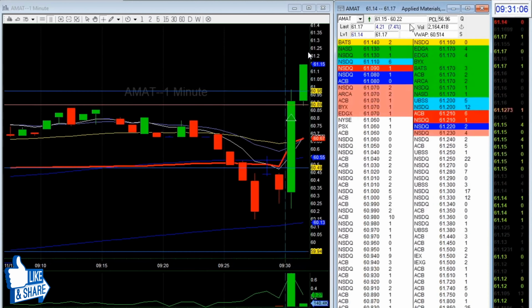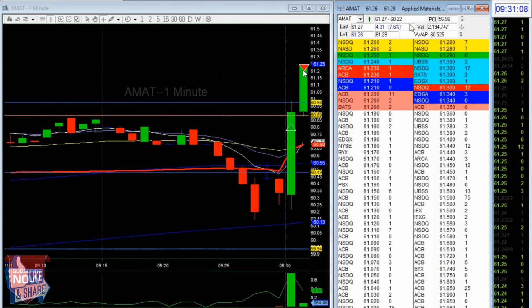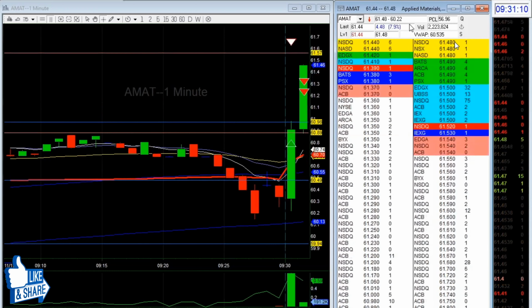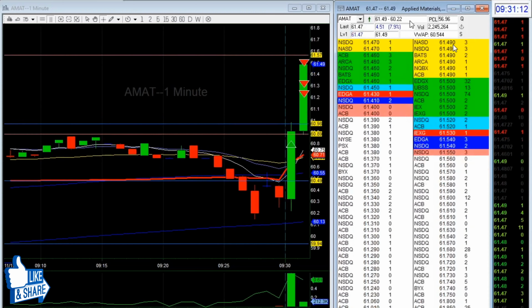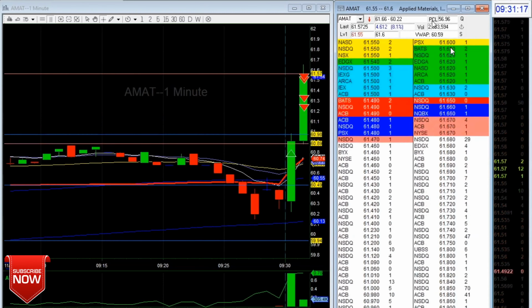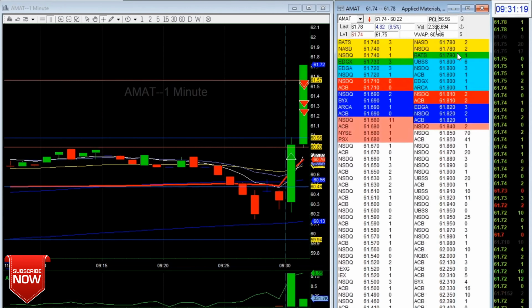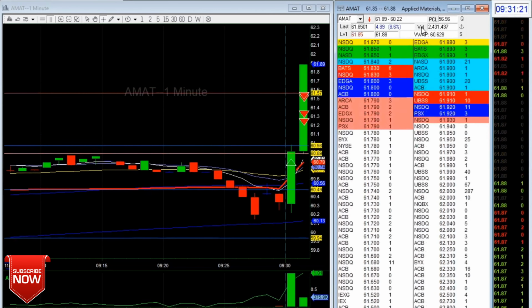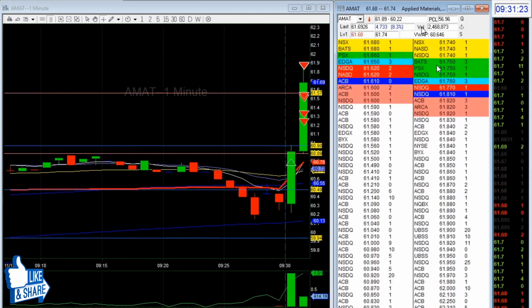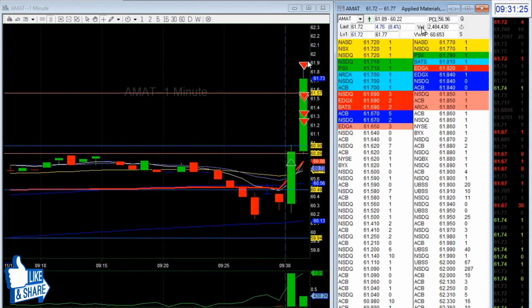Probably take profit somewhere here. Yep, this is okay. I took a little bit, probably 25%. Took some off, and I was waiting, when I took profit, to see if the price holds. Yep, I took more because the price held. 60.49, 60.50. I probably should take in more because I'm at my 2R now. 2R move. So 25%, 25%, 25%. There you go, all out,